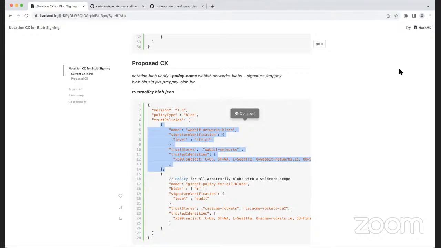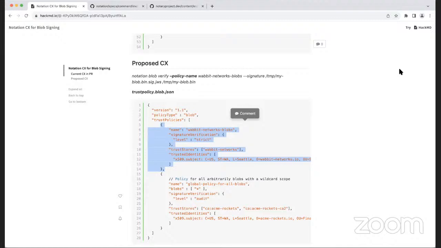Yeah, Shiva. I have a last question. So we are still using the trust policy for blob verification, right? Can we specify policy on the fly when we run notation blob verify? I think it's a valid scenario for blobs. Sorry, come again, I didn't understand that.